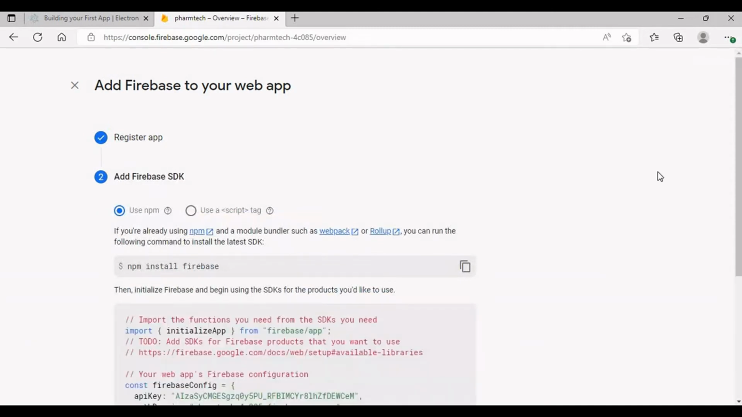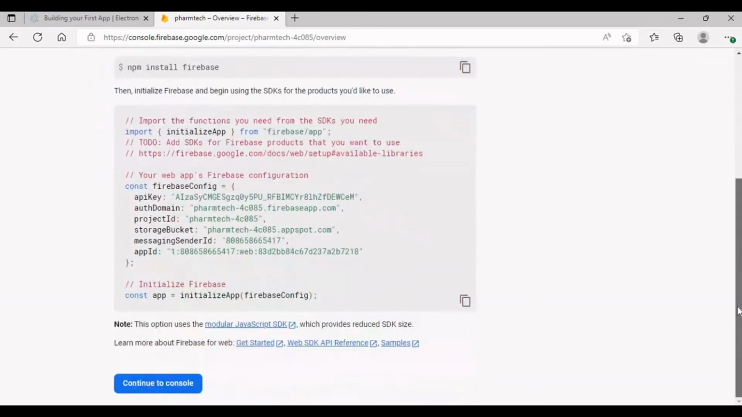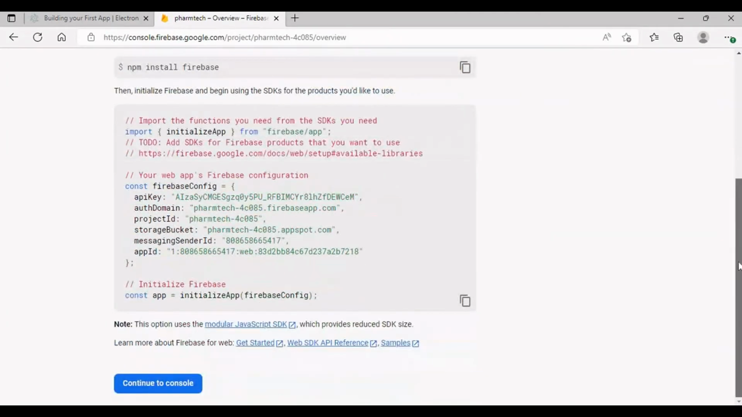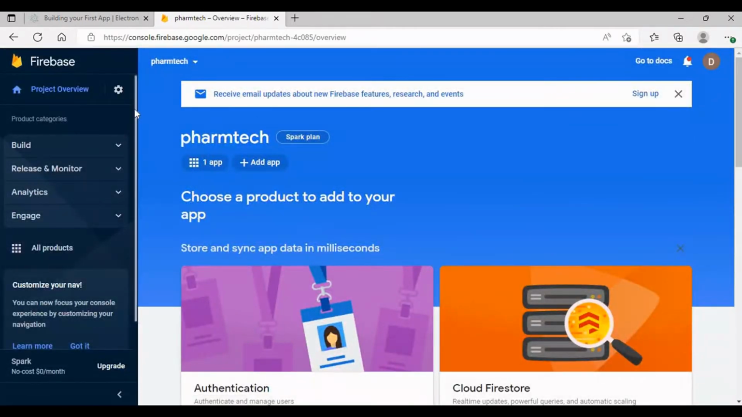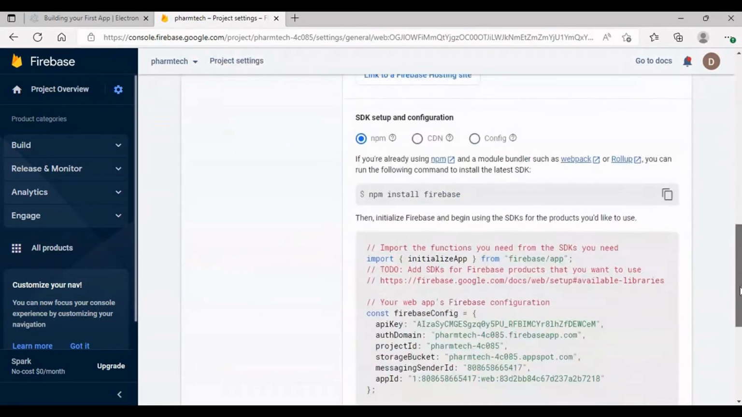You can see here that it gives us a folder. So that is it. Right after that, we continue to our console, and inside our console, you go to project overview, project settings. So we just get to our project settings, and inside we will see that we are having